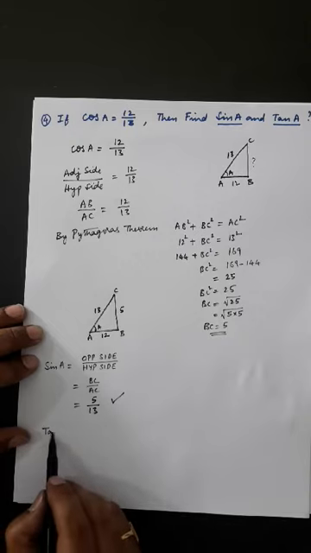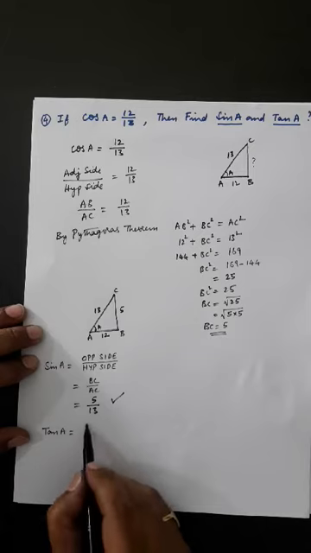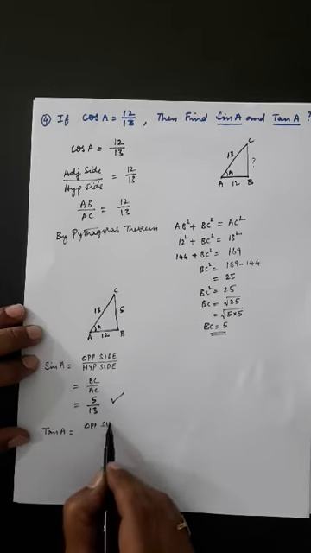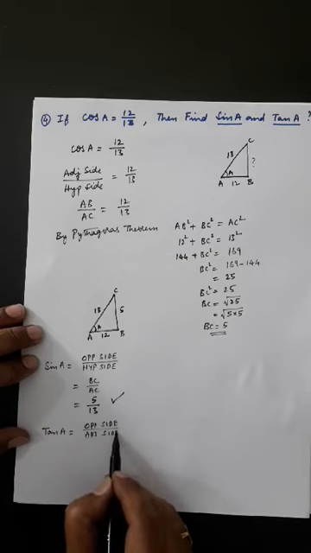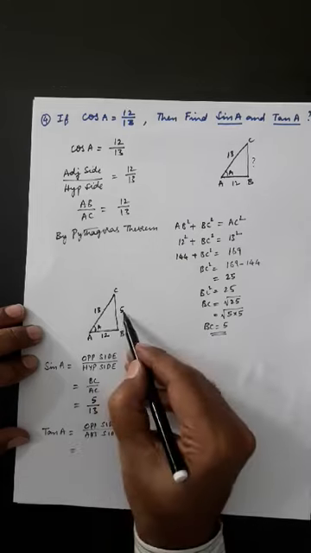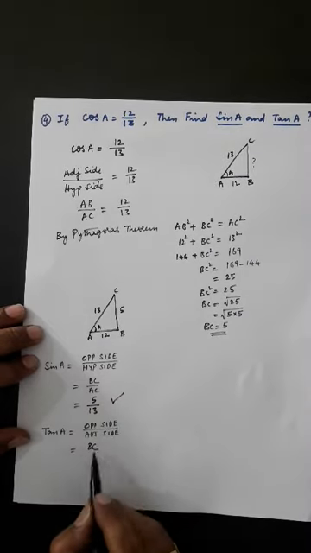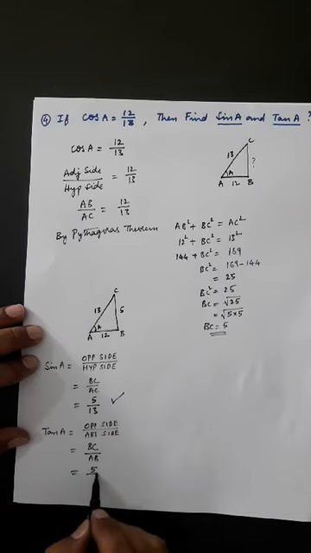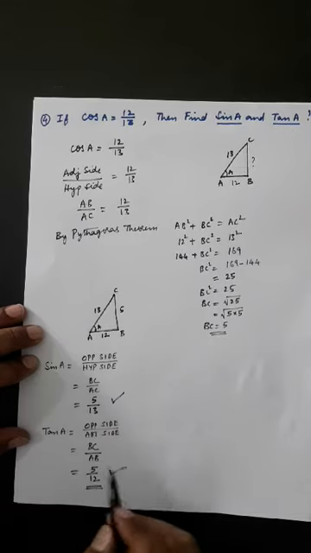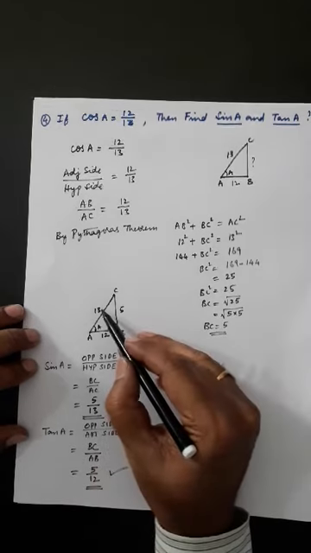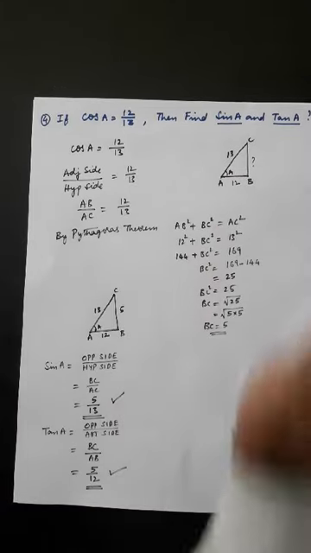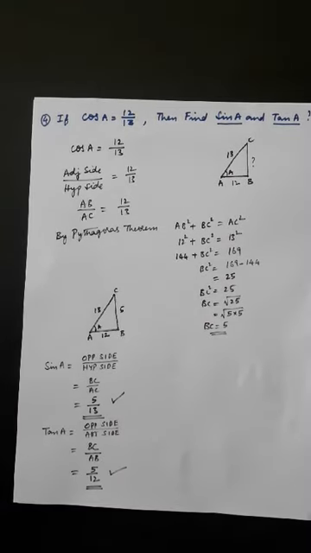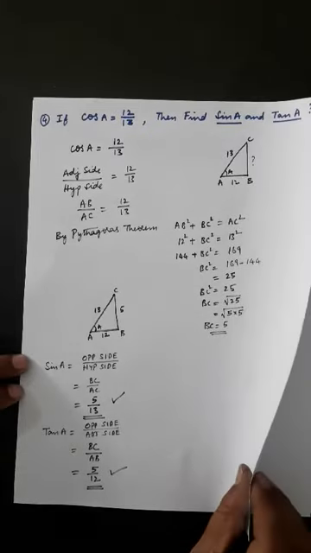What is tan A? Tan A is opposite side divided by adjacent side. Opposite side is BC, adjacent side is AB. So it's nothing but 5 by 12. 5 by 13 is sin, 5 by 12 is tan. Okay. We got the answers. So we'll go to